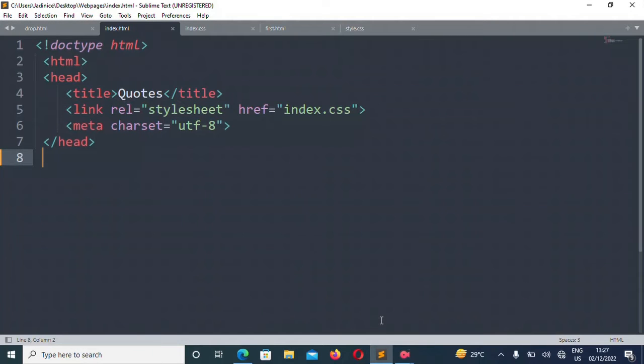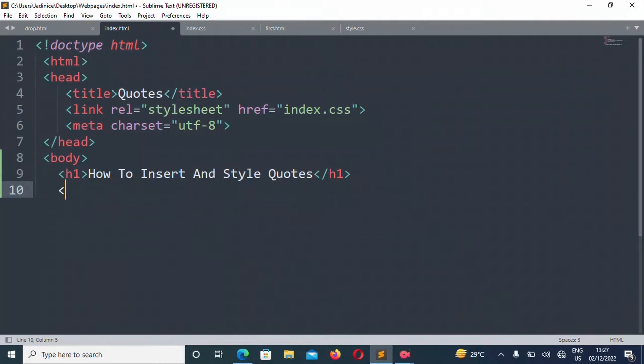There, it's blank. So the first thing that we're going to do now is to create the body. Then we'll start with H1, how to insert and style quotes.